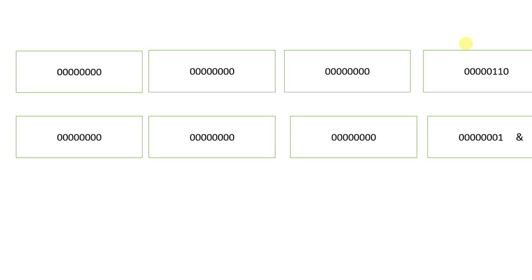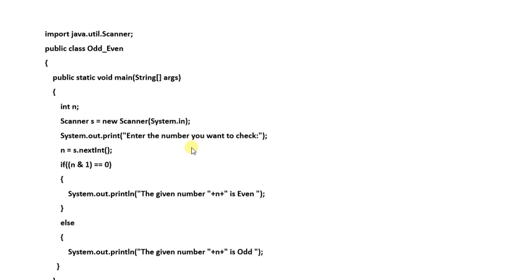So our logic will be simple: the number with the AND operator with 1. If the output is 1, then it is an odd number, and if the output is 0, it is an even number. You can see I simply modified only this if condition, with n & 1. If it is 0, then it is even, and if it is 1, it will be odd. Initially the remainder operator was there, I just replaced it with this condition.